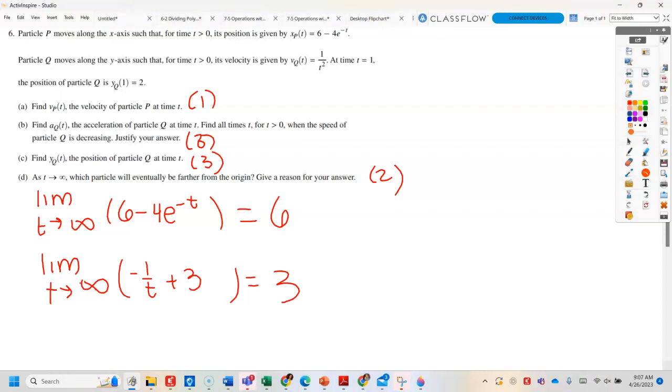Oh, a response with an incorrect y_Q(t) from part C is eligible for boost points provided they